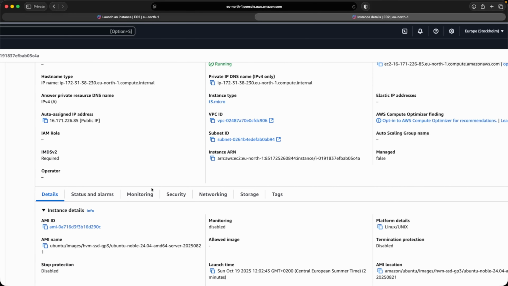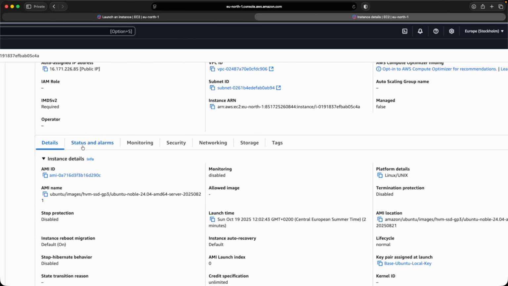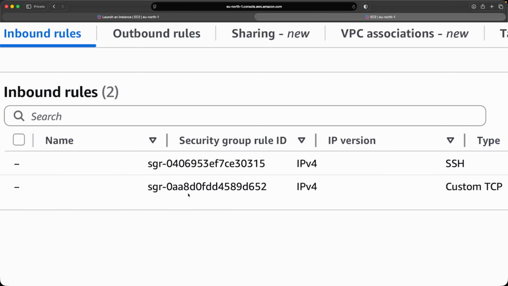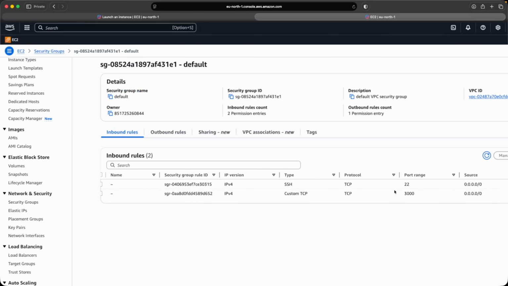All the things you will find over here. Okay, details are also over here. Here, if you click on security, you could see the security group which we had selected. Okay, and if you go in default, it says this one. So this default security group already has these two